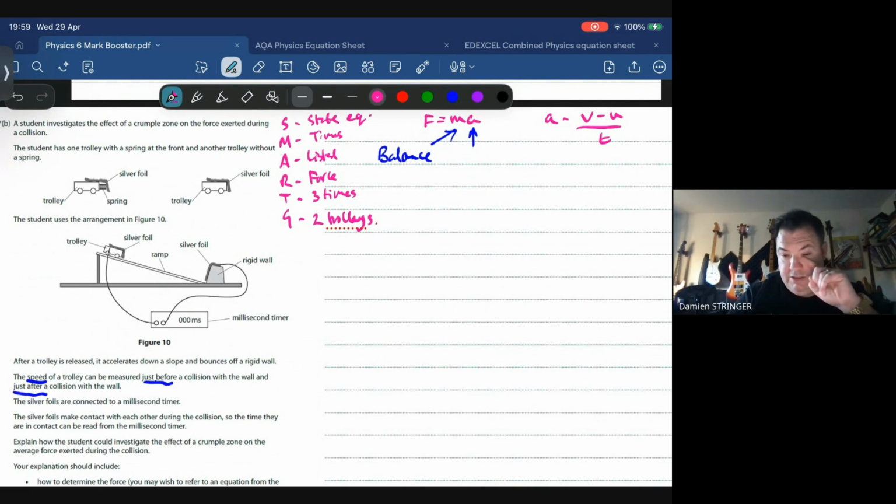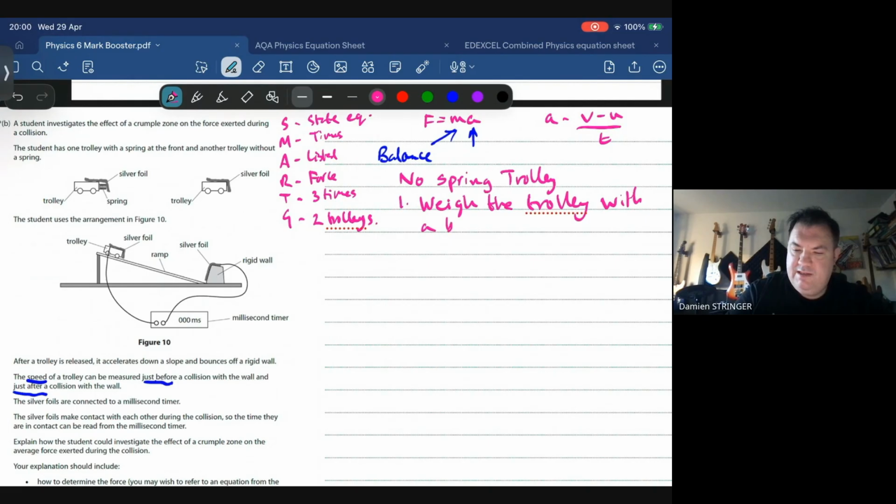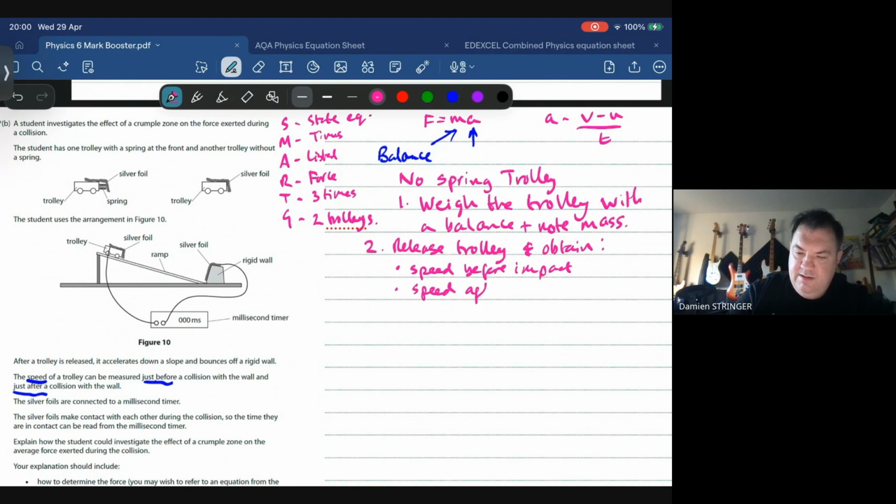So if I'm putting this into a method, let's go for no spring trolley. So what we want to do is, number 1, weigh the trolley with a balance and note down the mass. Then release the trolley and obtain, I suppose it's 3 things: speed before impact, speed after impact, and the collision